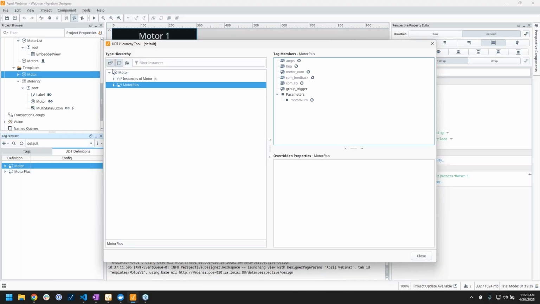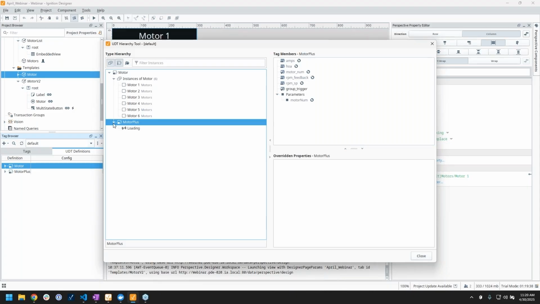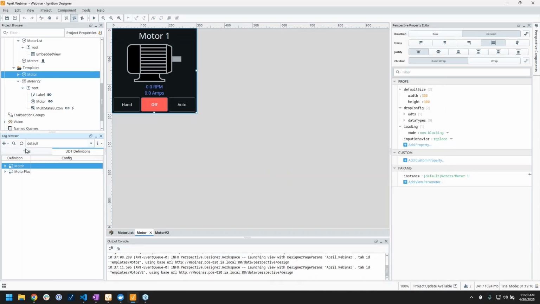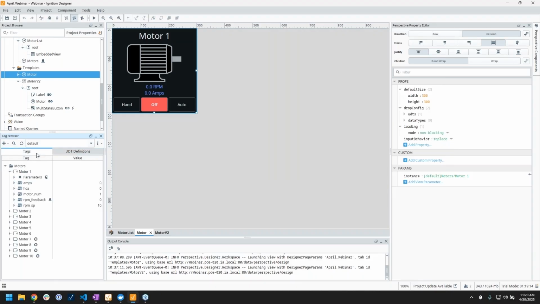It even gives us a nice little button here on the top left where we can show instances of each of these UDTs that we've created. And you even have some little buttons for sorting and filtering those instances as well. So this is a really nice tool for looking at your UDT inheritance structure and everything that's within them, all in one nice consolidated window. And that's why we wanted to highlight it. Let's jump back over to the tags tab for a second here.